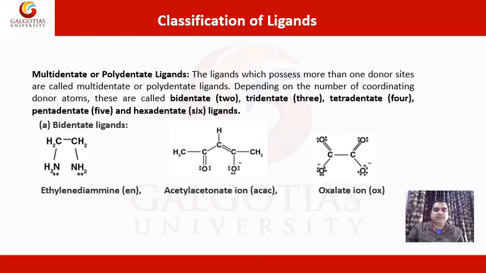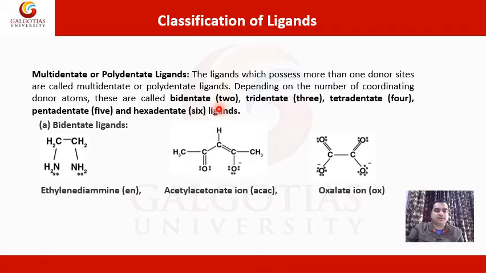Now come to the multidentate and polydentate ligands. So what are multidentate and polydentate ligands? These are ligands which possess more than one donor site, and that type of ligand is called a multidentate or polydentate ligand. Depending upon the number of coordinating donor atoms, these can be bidentate, in which we have